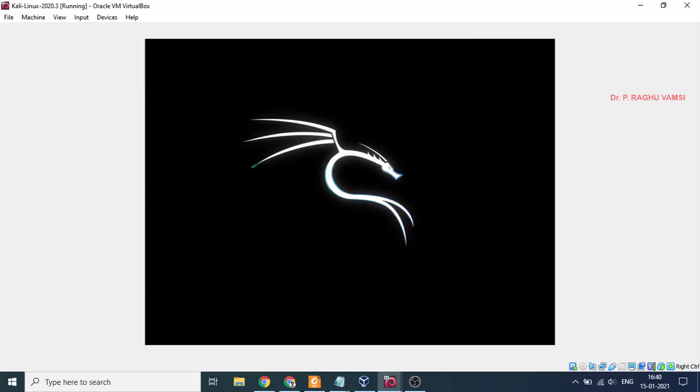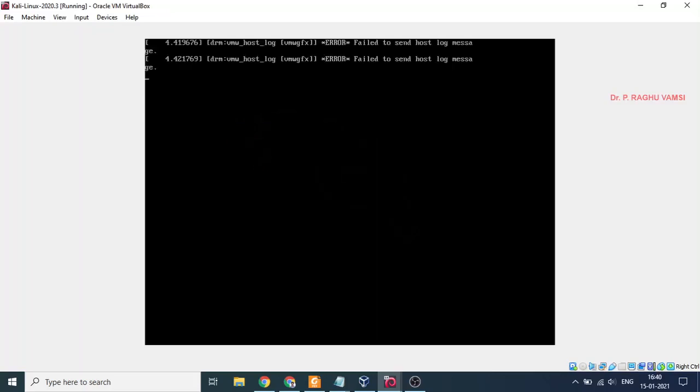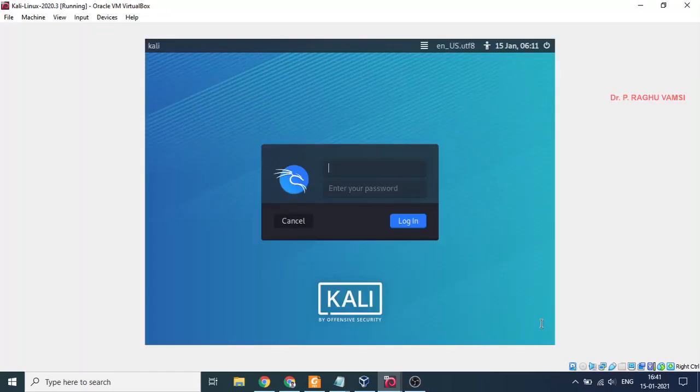The reason is usually this NIDS will be placed at the server level after the firewall, so it will keep on checking what is the traffic coming into the network. But for experimentation purpose, on the virtual machine, you may set both the things as one, because with the host only adapter we cannot connect to the internet. We need the local area network such as NAT, network address translation, or maybe a bridge adapter is required for sharing the internet of the host operating system to the guest operating system.